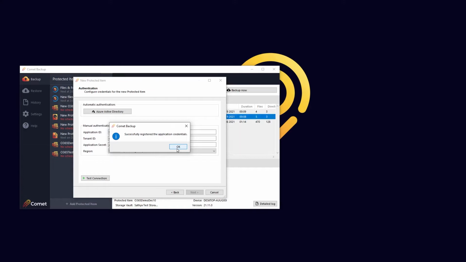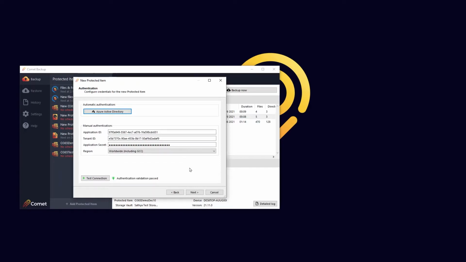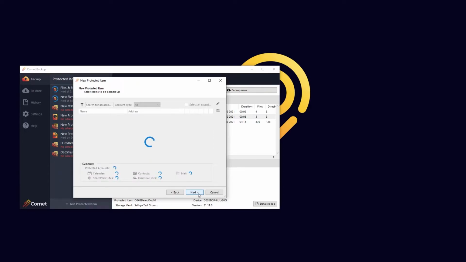It is successful now. Clicking on OK, we also do an automatic test connection. This will validate the authentication for you. Clicking on Next.